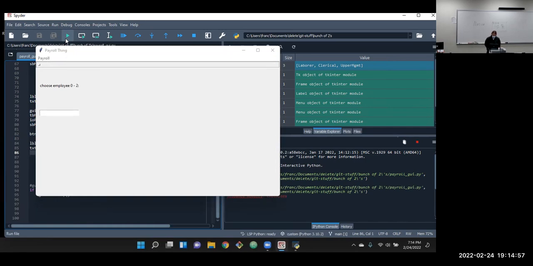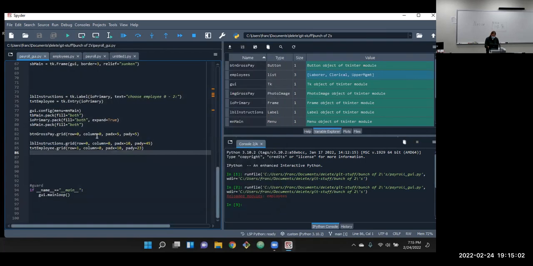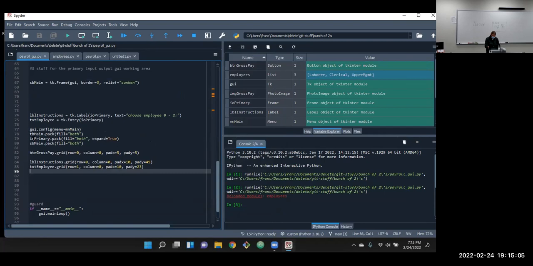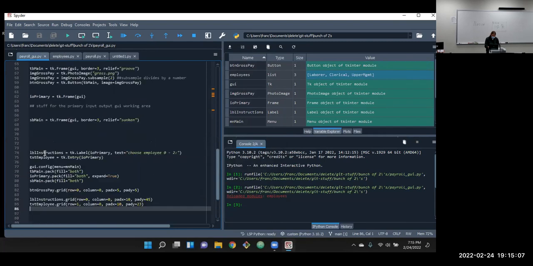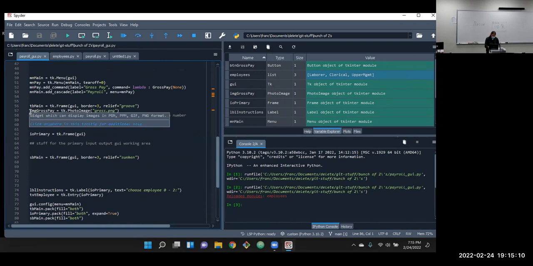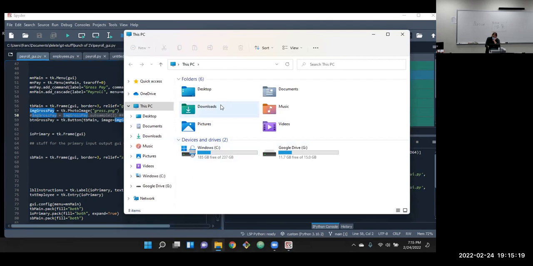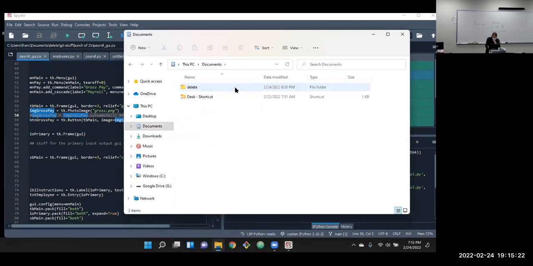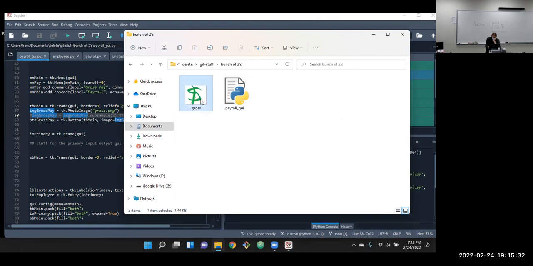Uh-oh, looks like it couldn't find the picture for some reason. Oh, what's that? Did I name it incorrectly? Let's check. Oh, yeah. You know what?